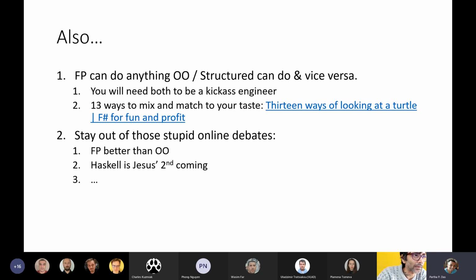So this is not a religious battle. I don't like these religious battle kind of arguments. The whole thing is that this is just a way to look at things, right? And you have to master both at the end of the day. Which means to stay out of these stupid online debates, right? FP is better than OO, and all this crap you'll often see on Twitter and things like that. It's just not worth it, right? There is a theoretical proof that they are essentially the same thing. So I don't know why people are citing it. Having said that, right,